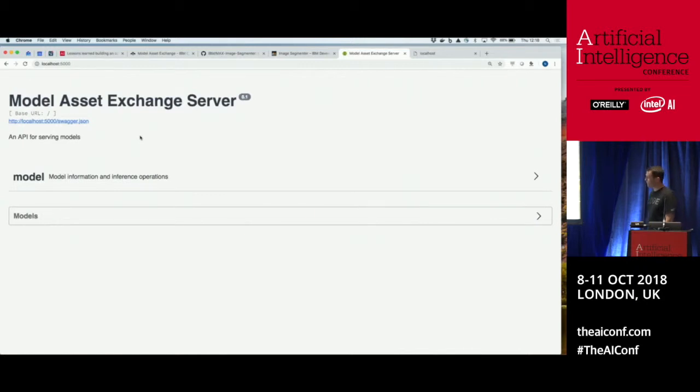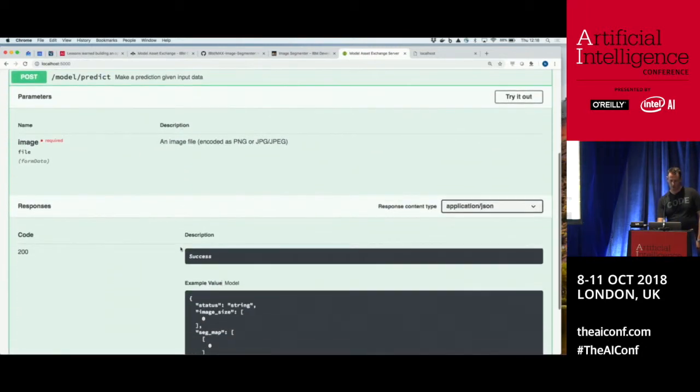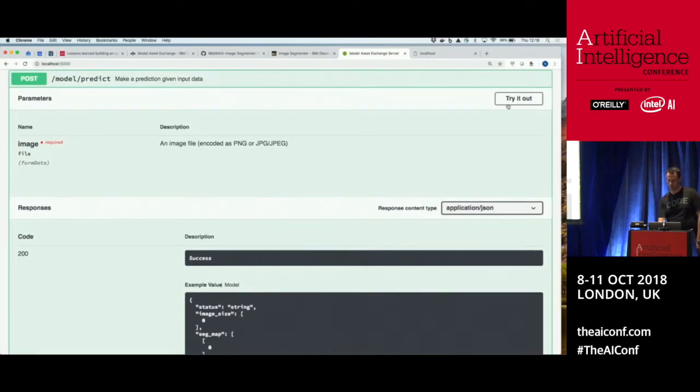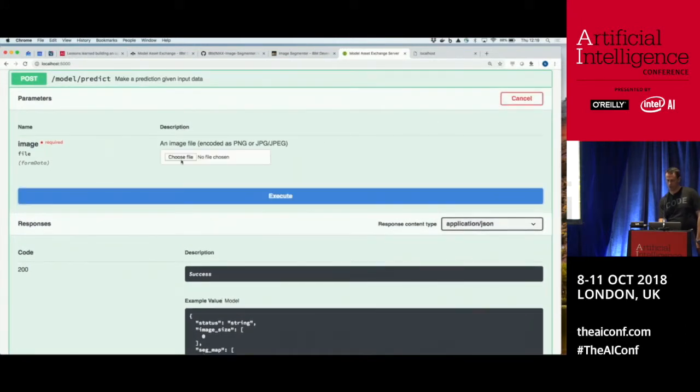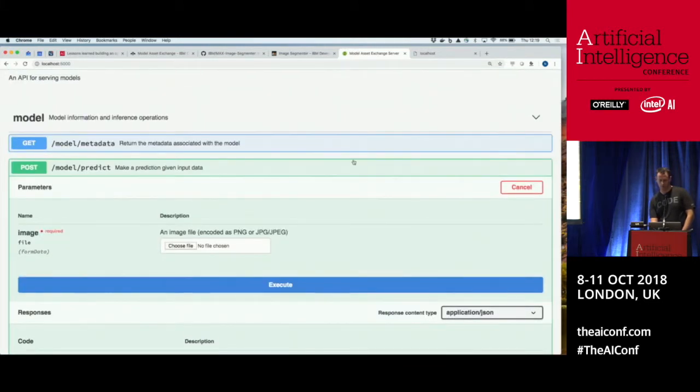And this is the Swagger user interface that is exposed. As an application developer, web developer, for example, this is a very common interface, and it's very natural. So you can go and have a look at the endpoints. You can understand very simply what is the input required. You can see what the output format and schema is, and you can go and try it out. So you can choose a file, an image file, send it through, and you'll get back a bunch of JSON. So that is useful, but it's kind of tricky to understand what am I actually going to do with that.